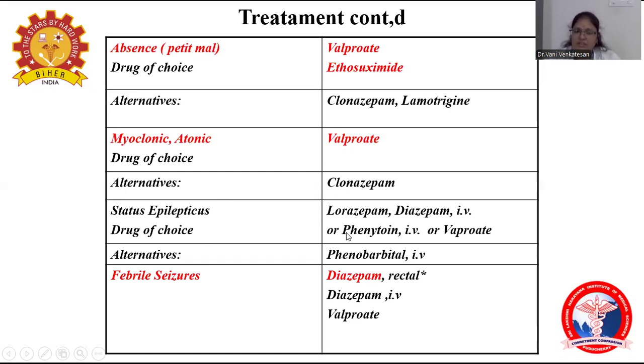And for status epilepticus, we always start with lorazepam, followed by diazepam, followed by fosphenytoin, followed by phenytoin, followed by phenobarbital. If the patient is not responding to phenobarbital, then we will sedate the patient with either thiopentone sodium or propofol. For febrile seizure, we usually give diazepam by the intrarectal route. We'll give the diazepam to the baby rectally, watch the temperature, and monitor the baby for the next 24 to 48 hours. Sodium valproate.